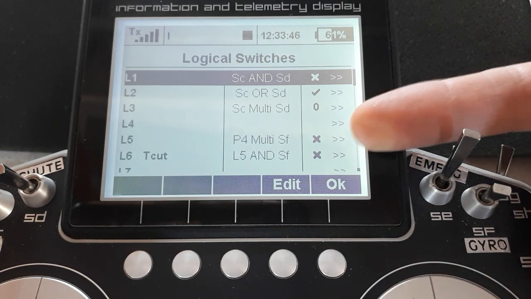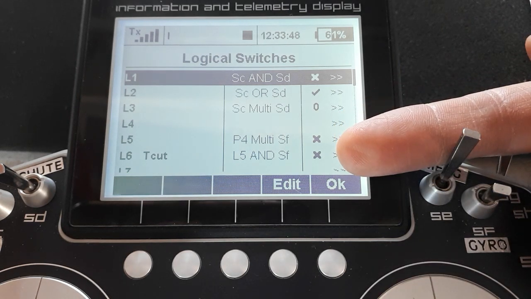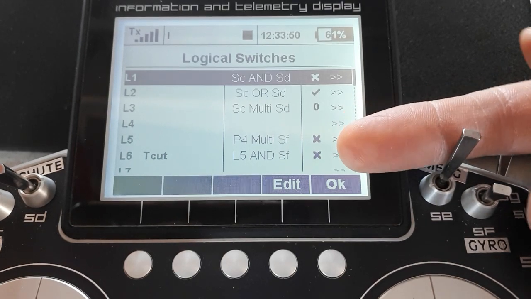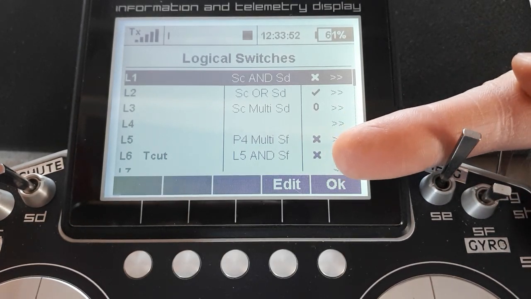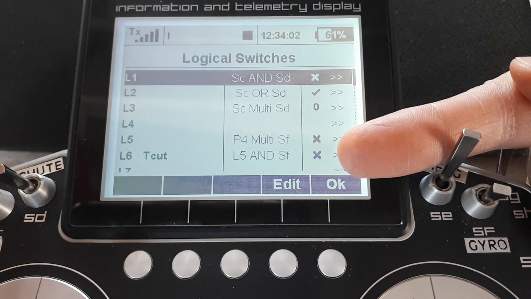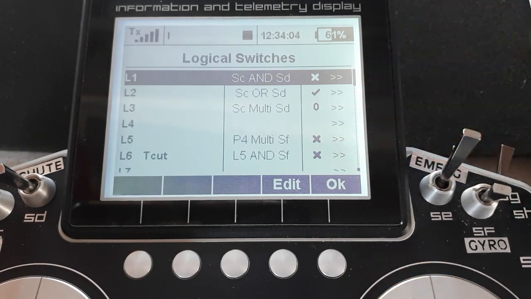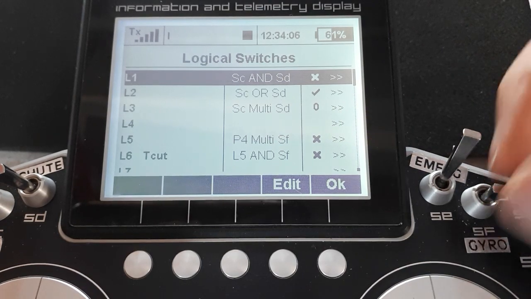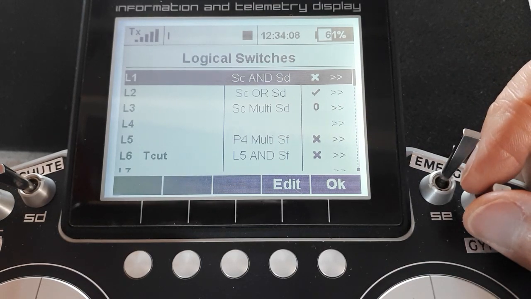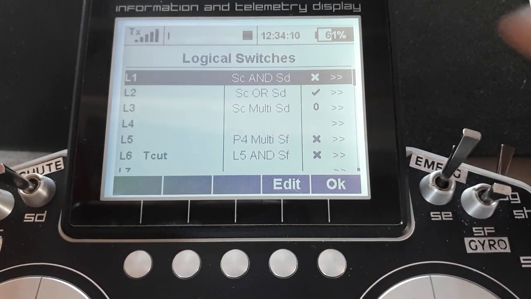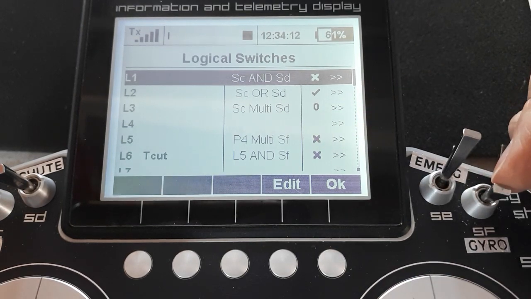And we can see here L5 and L6 are set up as that. L6, the throttle cut switch, is then assigned in the advanced options to the throttle cut function, but it's reversed. It's made a NOT. However, this behaves nicely with the apparent direction of the switch. And you can see here that L5 uses a multi. Why is that? Well,